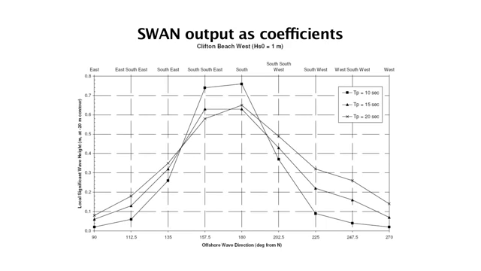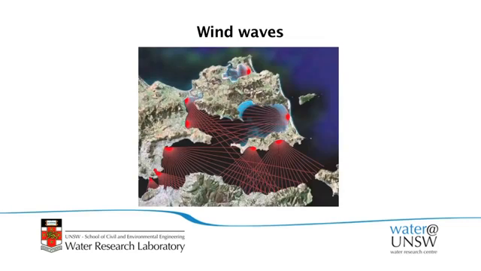So it means if you start with a 10 metre wave offshore, you've got a 1 metre wave at the site if it's coming from the west, but if it's coming from the south, you've got about an 8 metre wave still just offshore from the structure. So you've got to put all that modelling together to come up with a wave that's actually going to hit your structure. As well, that's open ocean swell waves, but also a lot of sites aren't exposed to that at